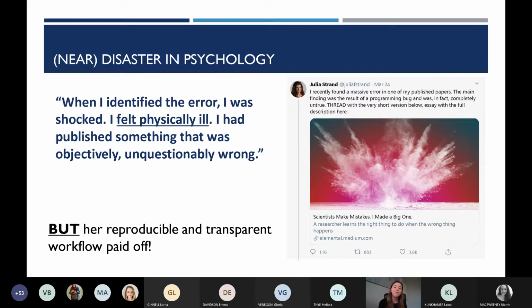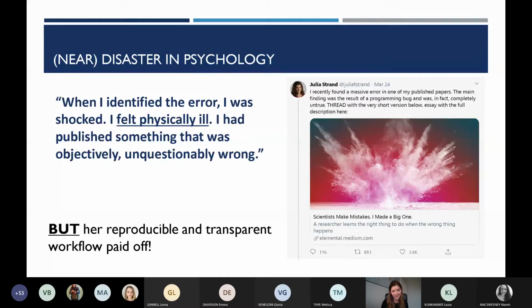The difference here is that all of her code was openly available. She was fully transparent. She'd pre-registered her analysis. Everything was out in the open. And she also spotted her own mistake and went to the journal editors. And I guess this is quite a brave decision. I think she did have a bit of, should I do this? Should I not do this? But she did it. And it paid off because there was no suggestion she'd committed any fraud, because it was very clear that because everything was out in the open, it provided a safety net for her and her career was not ruined.